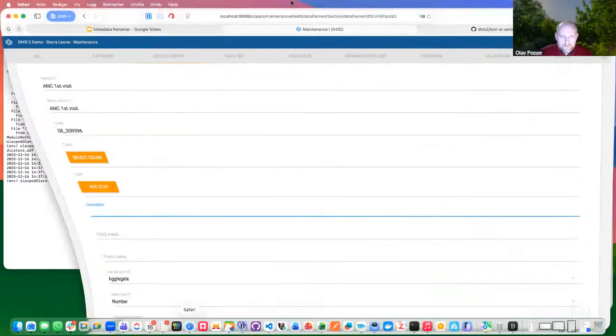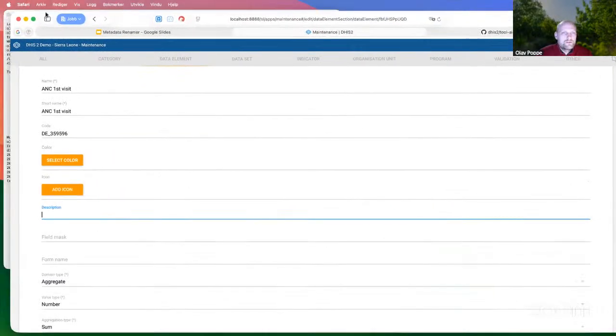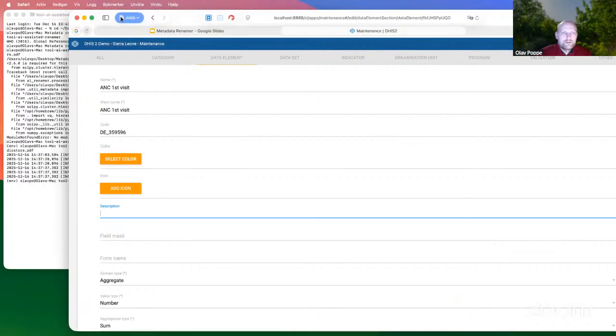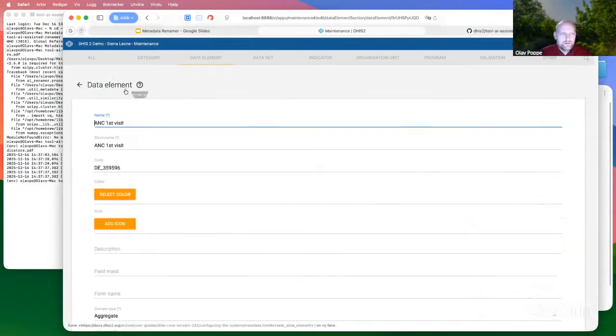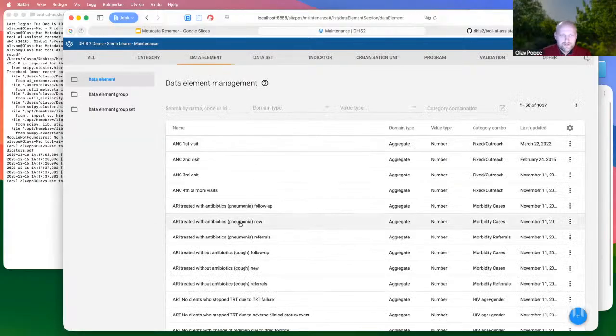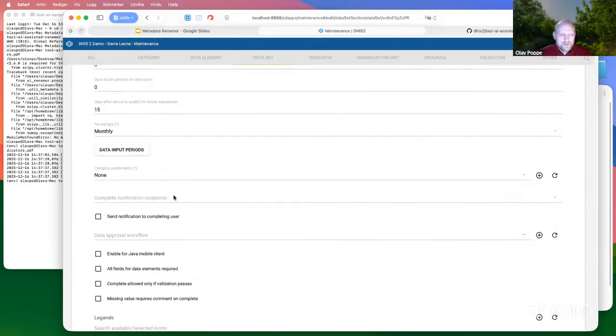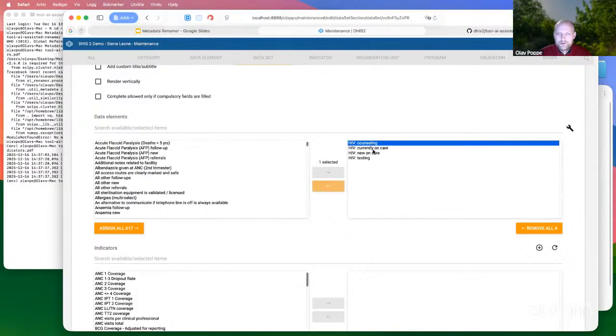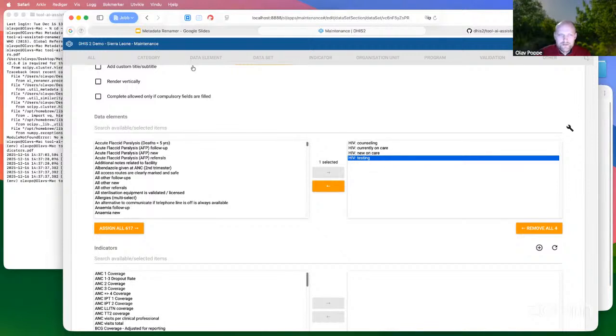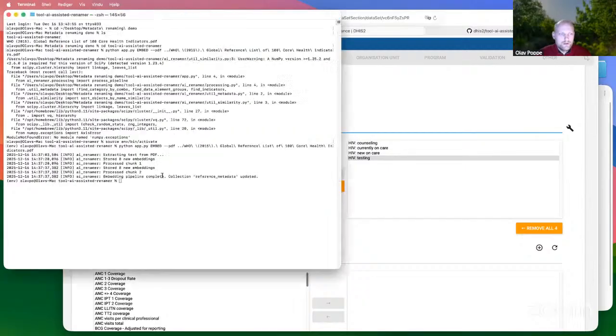Going back to DHIS2, this is the database I'm working on now. I'll just pick a small data set because it is a bit time consuming. It's typically something you would start and then do something else while it works in the background. I just picked one data set here, HIV care monthly, which has just 4 data elements. And these are the names, so not very comprehensive. None of them have any definitions or anything. So this is the dataset I'm using, and I'll run now the